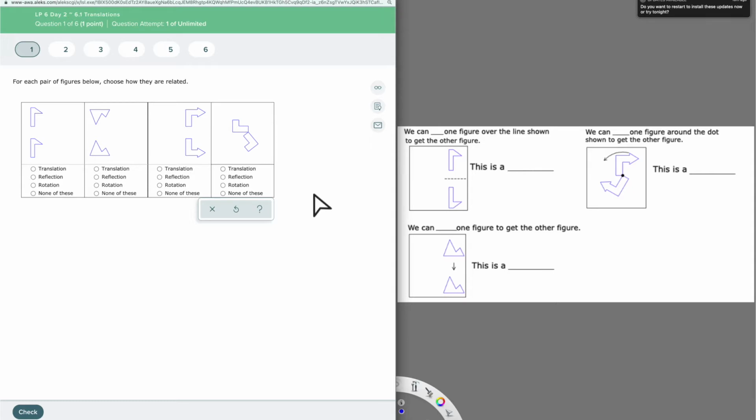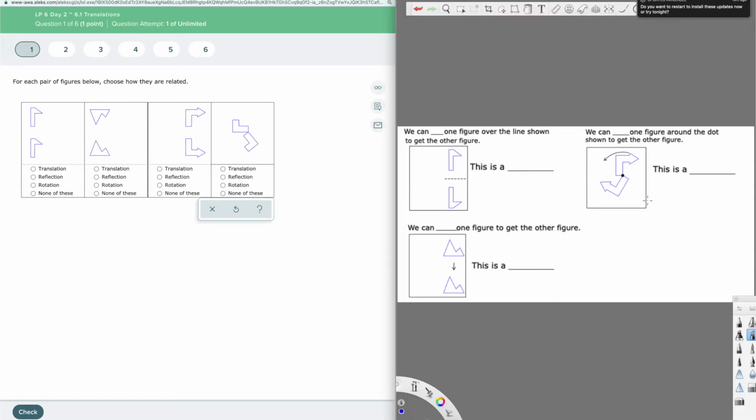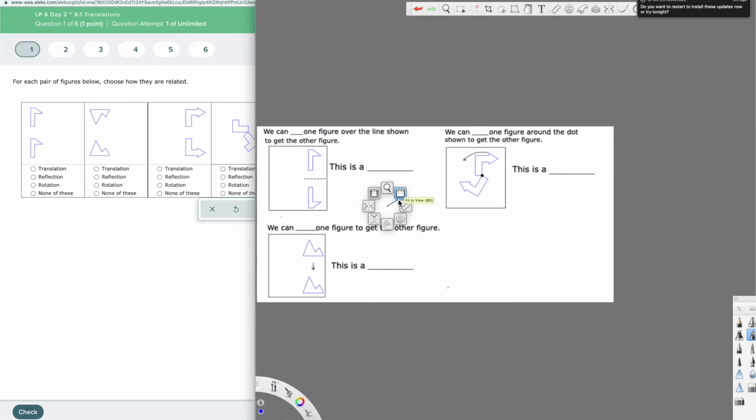So if we look over here, we have these 3 here. So we can flip, and I need to bring the pen size down so I can actually write in there a little bit more. And I think I might also make this a little bigger. There we go. So we can flip